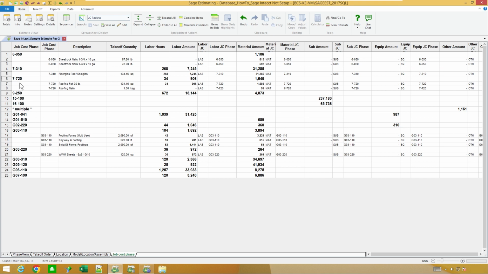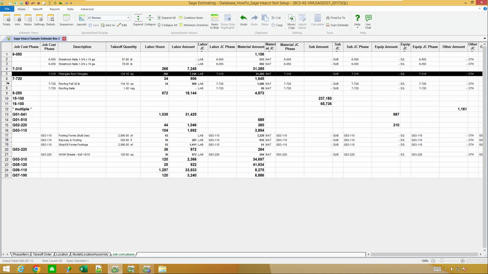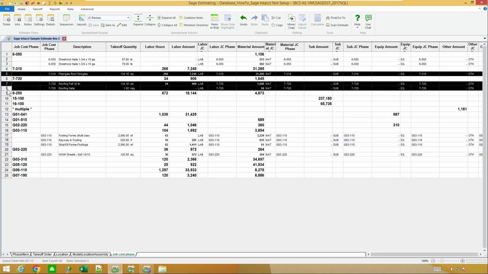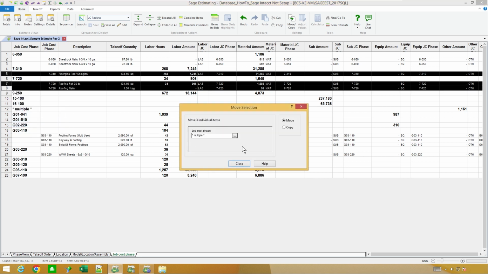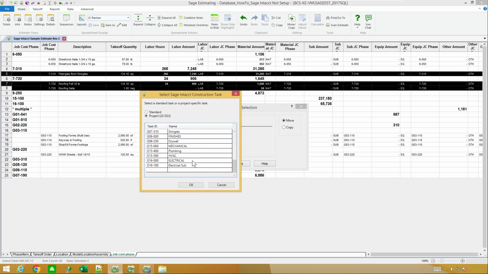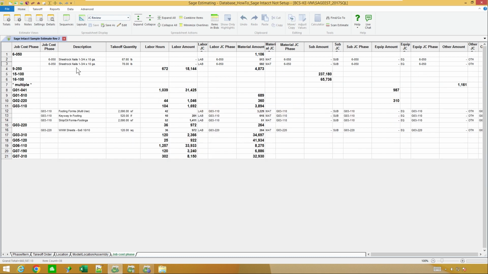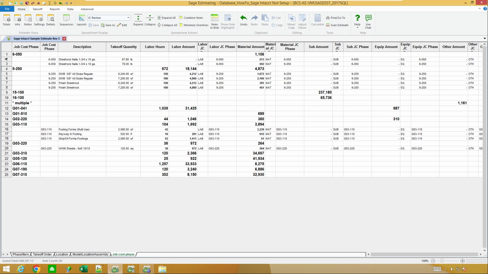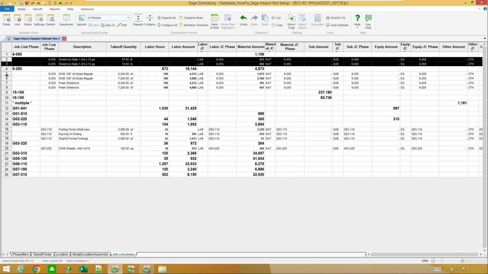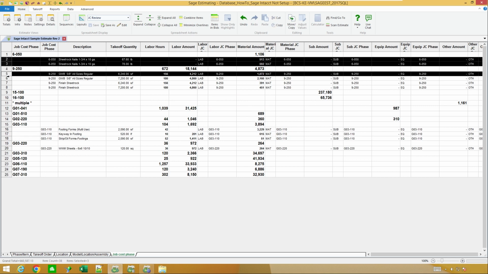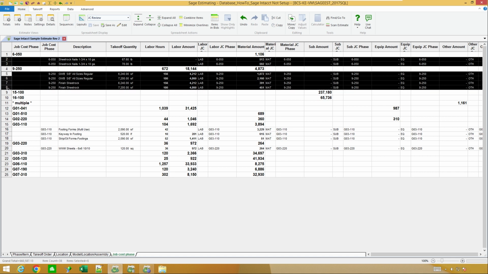So I think I'm just going to lump all the roofing stuff together there, let's say. And we're just shingle. And Division 9, so let's say we're going to put our sheetrock nails together with our gypsum board and finishing.